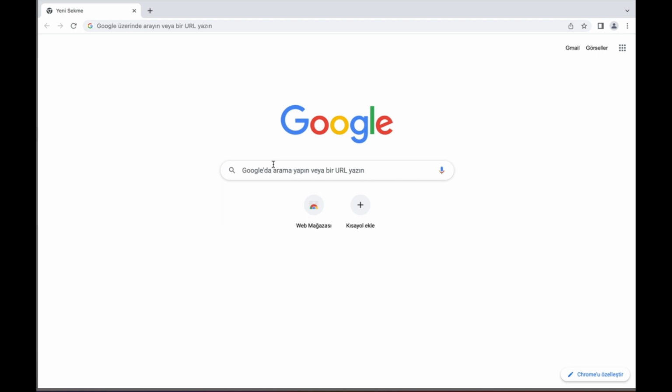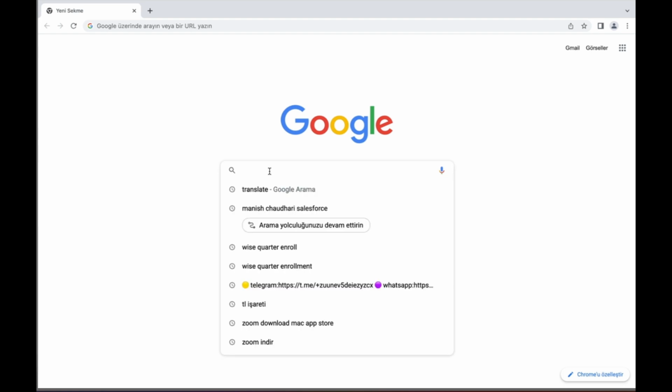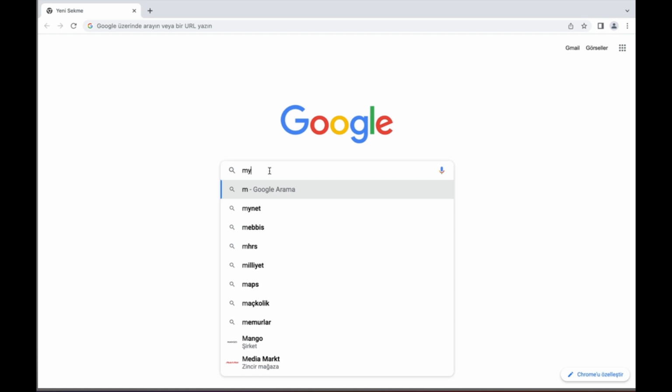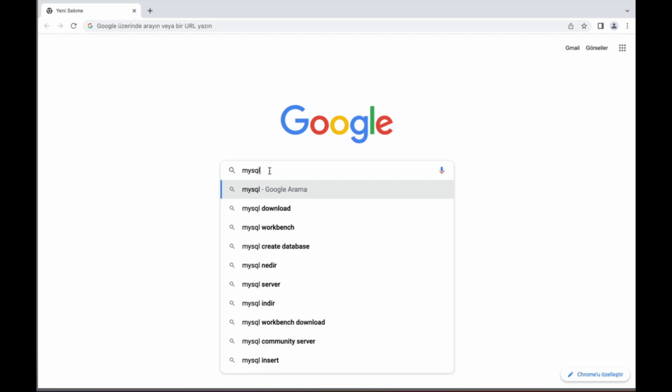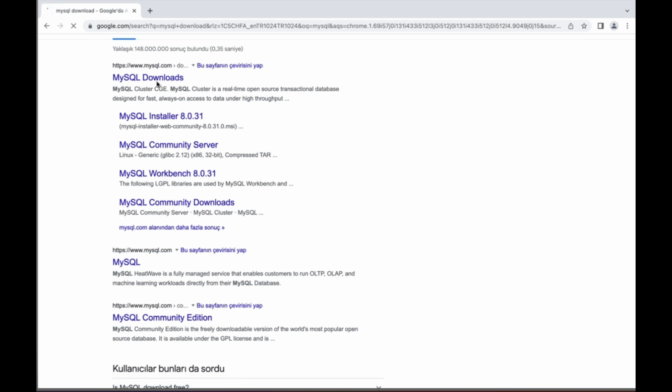Hi guys, we're gonna download MySql to our Mac and then install it. Just write MySql download and click enter and come to mysql.com and just click download